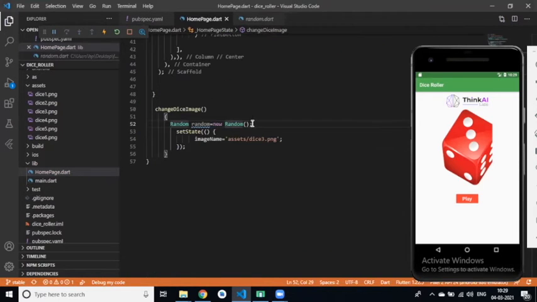Understand? So this gives us a random value. So I define int index is equal to random dot nextInt.